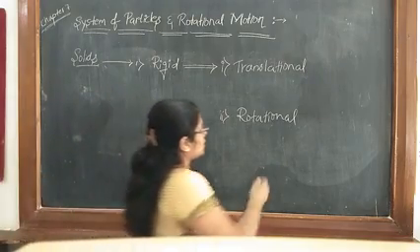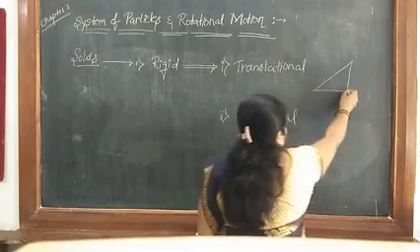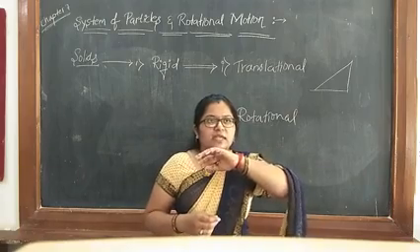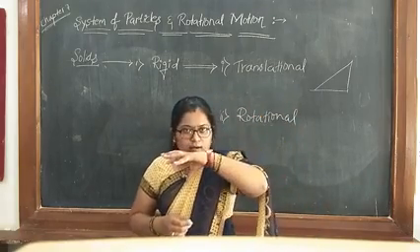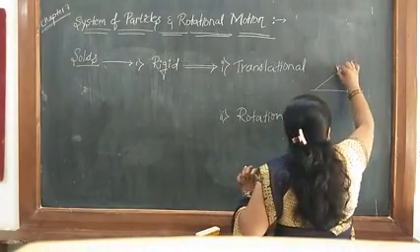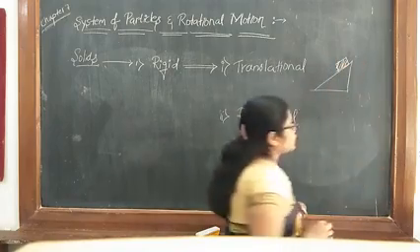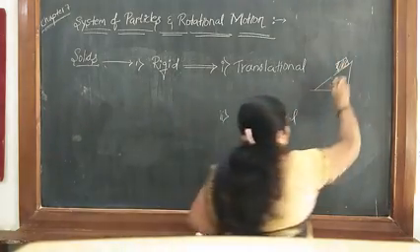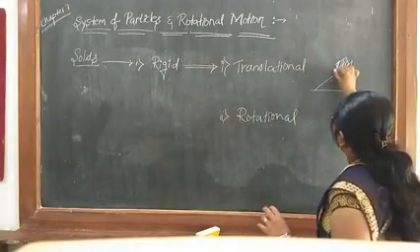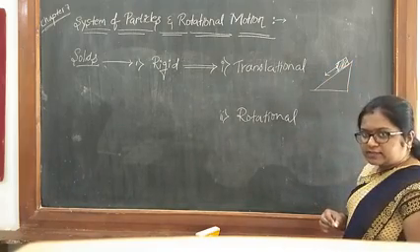Now consider we have a plane here, some inclined plane. Just consider that a body is falling from a hill, so it is coming back to the earth. Consider this is one rigid body. If you apply a force here or if you leave it, it moves like this. It means the rigid body is moving like this.